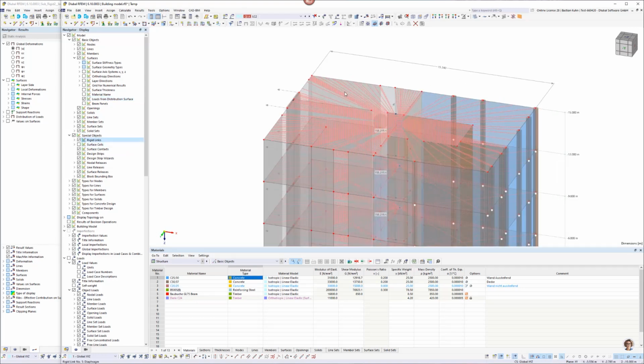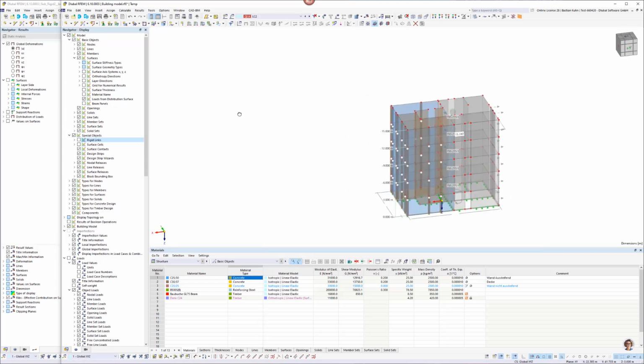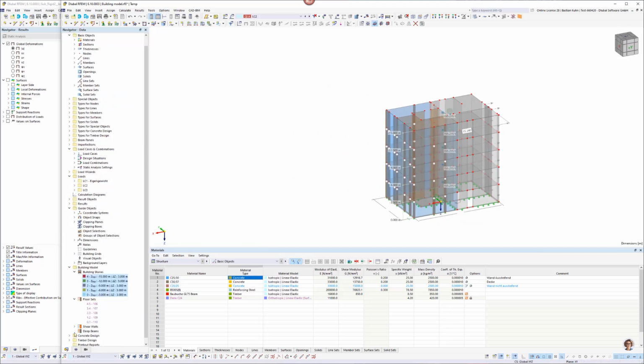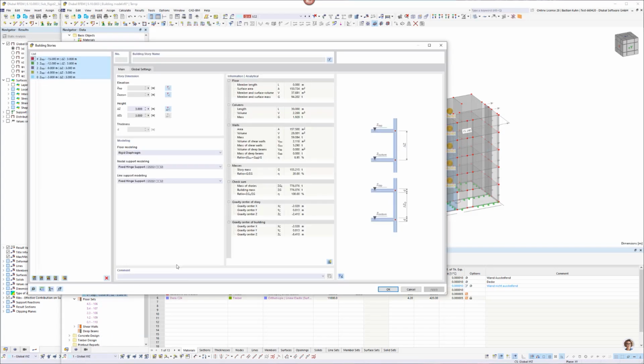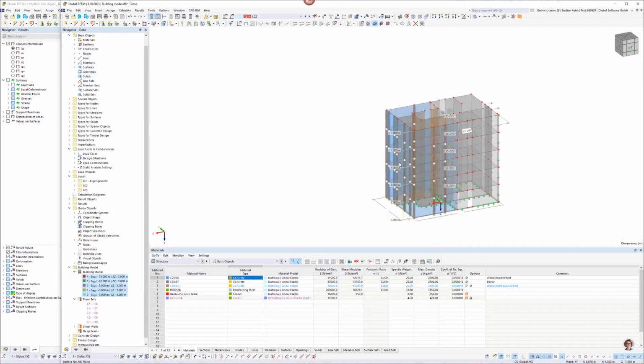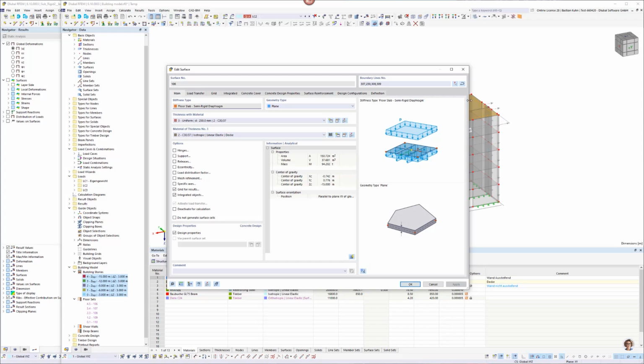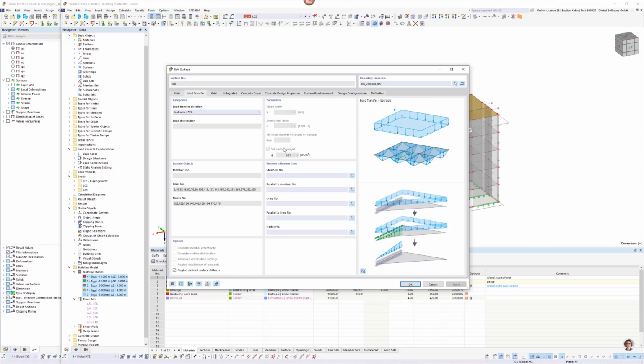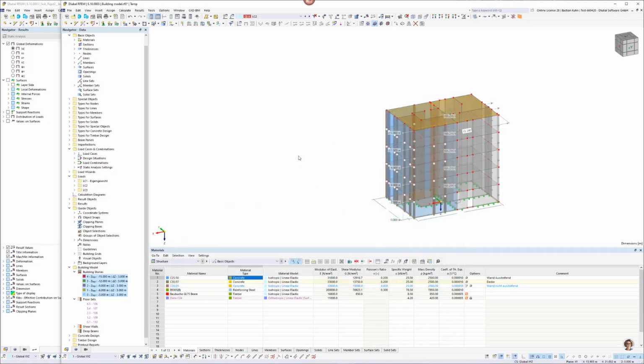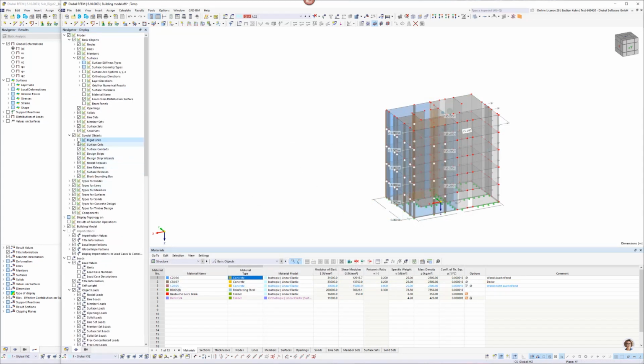So if you remember, here are defined rigid links into each edge. So how can this be regarded in here? And this can be regarded by the building model add-on with the floor modeling semi-rigid diaphragm. So there's not visible any change, but here you see in the stiffness type, there's the semi-rigid diaphragm used, and well, the load transfer is more or less the same. And here I don't have rigid links anymore. And when I calculate now again the combination 2,